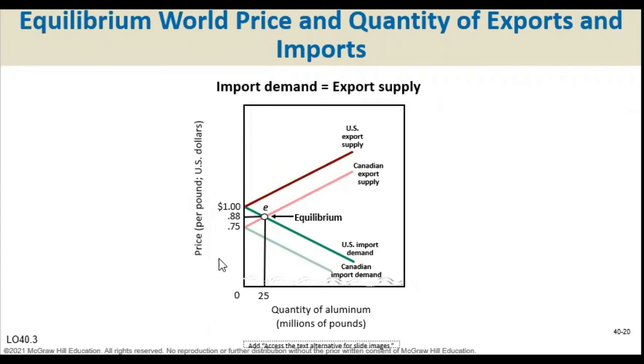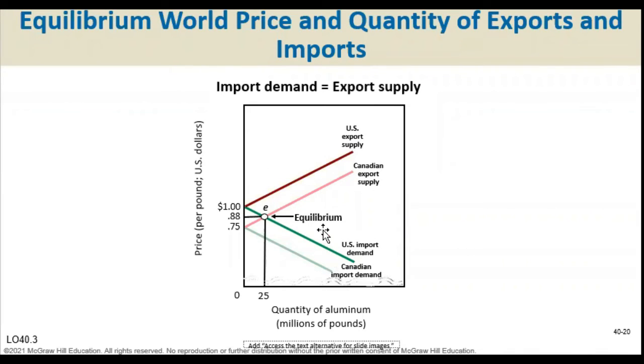Now we can see that by combining the two countries, Canada and the US, into one single analysis to determine the world price, if we combine the US export surplus and import demand with Canada's export surplus and import demand,